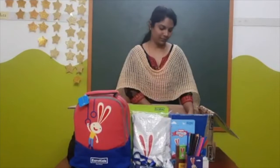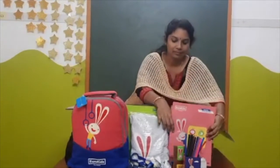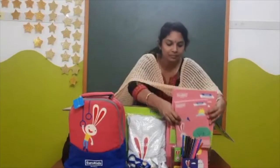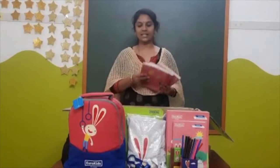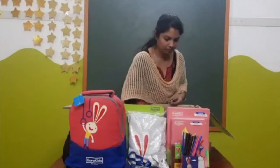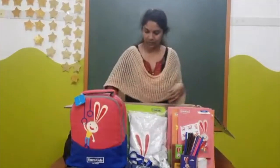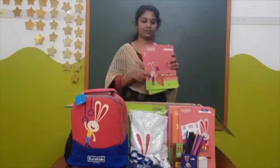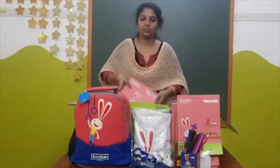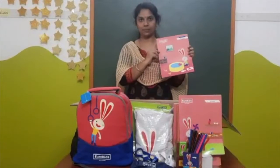Let's see the books for EuroSenior. We have 8 theme-based books. Three language and literacy books. 6 mathematics books. 4 Hindi books, 2 craft books, 1 song book, 1 activity book,